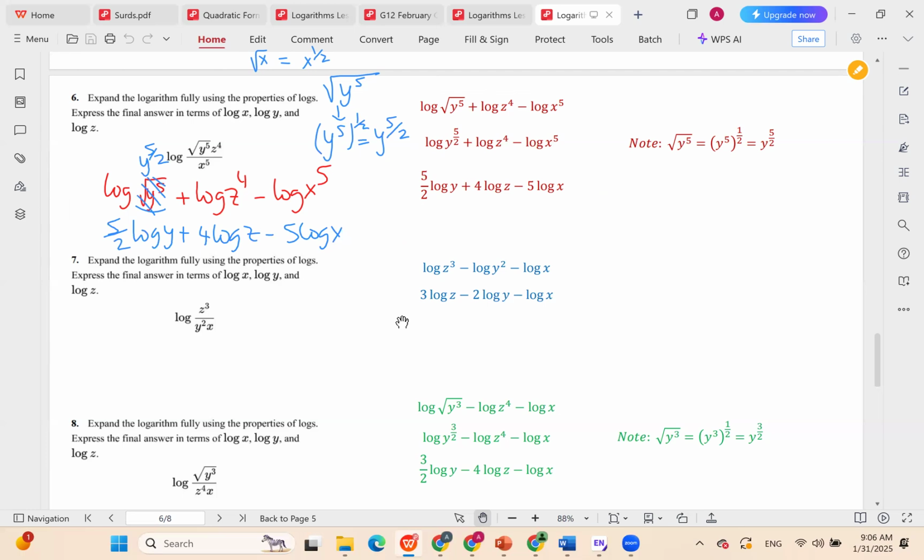Let's try one now without the root. We have log z power 3 over y squared x. So we have log z power 3 minus log y squared minus log x. Remember, any term in the denominator has to take a negative sign. So 3 log z